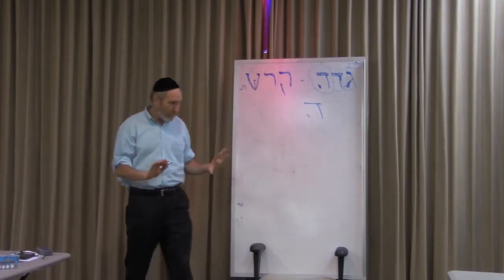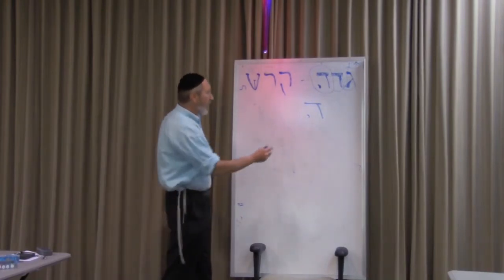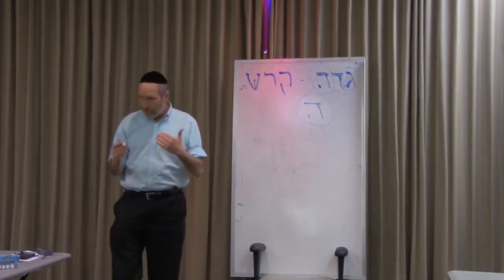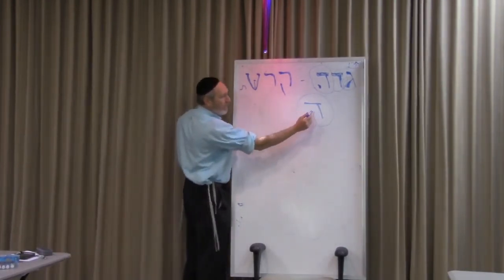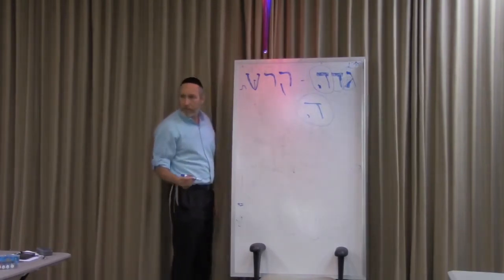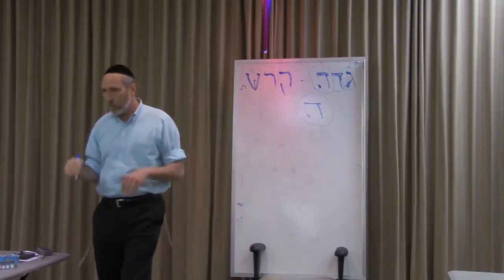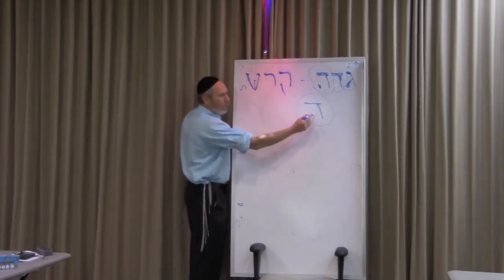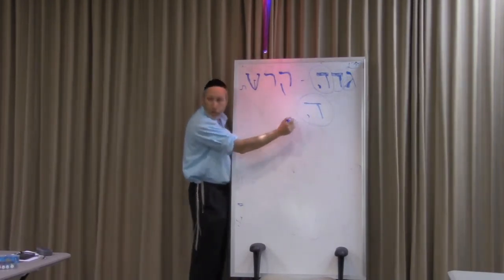Okay? Remember all that so far? We talked about how the Hey was the female quality, if you remember, and we're going to review this next. We need this idea. Let's understand the Dalid and the Yud, and then we'll understand the Hey better. We didn't do Hey last time. No, I did it two times ago. Did you miss that? I'm reviewing it a little bit now. So the Hey is a construct of a Dalid and a Yud.